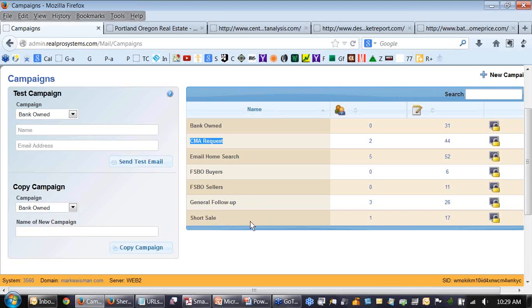and that does go out, is called SmartZip, and it's been temporarily removed. I'm always tearing down and rebuilding this, but there's another campaign called SmartZip. But rather than being a certain number of different letters, it's the same letter monthly for 36 months. And basically, it's just a couple of paragraphs, and right in the middle is a live link. So every month, of course, market dynamics change. Somebody clicks the link, and they can see the updated SmartZip derived value for 36 months. So even after the RealPro campaign, the CMA request campaign ends, the monthly SmartZip update will continue to go out.